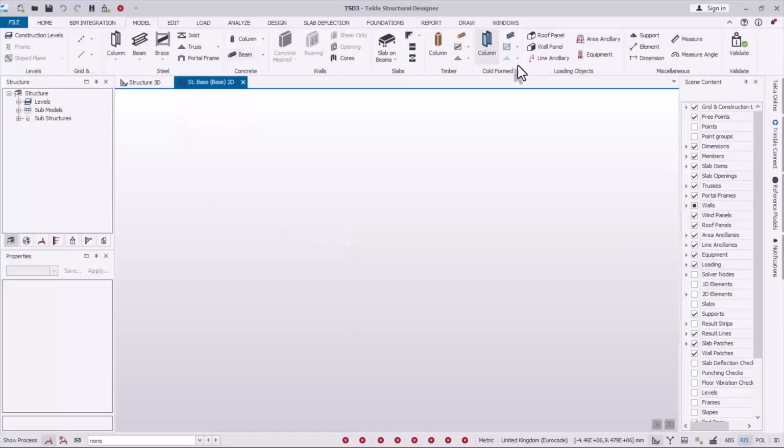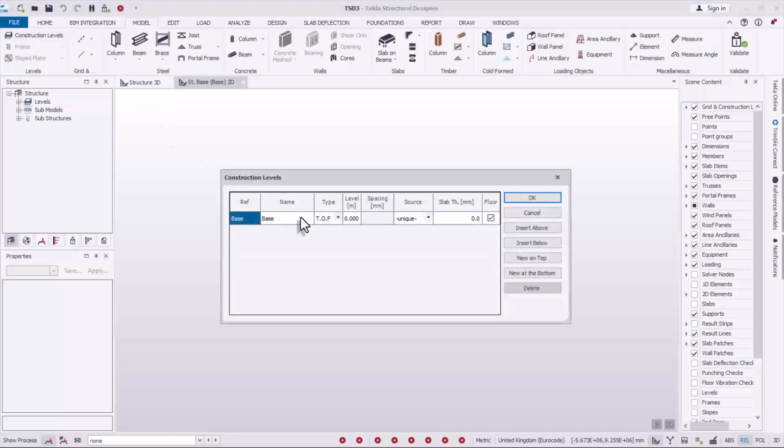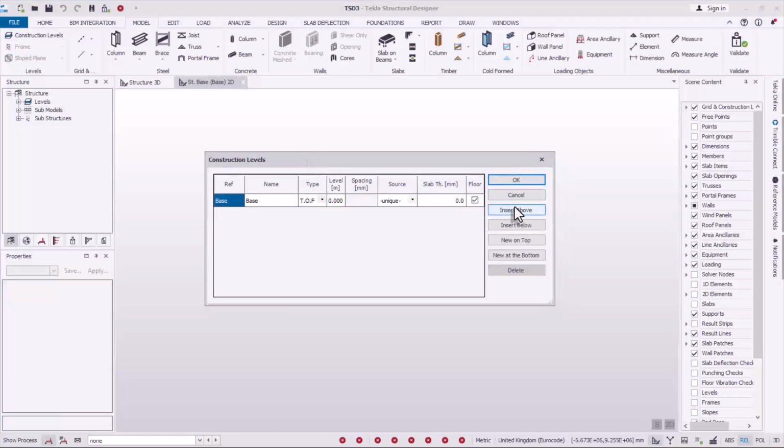So here is the welcome interface of Tekla Structural Designer. We are going to be starting by creating our levels. Come to the construction level option, click right there. Click on the insert above twice to have the first and second level. We provide a spacing for each of the levels. The first space is going to be 3000 millimeters, and then the second space is going to be 4000